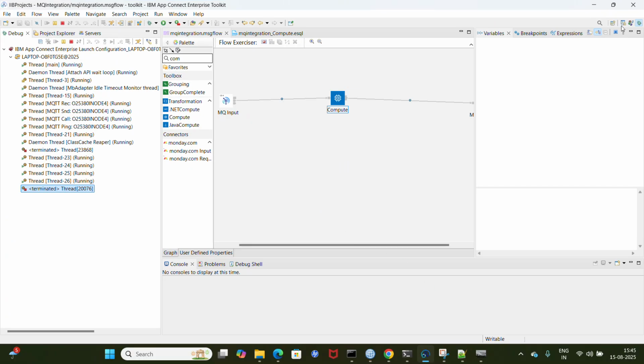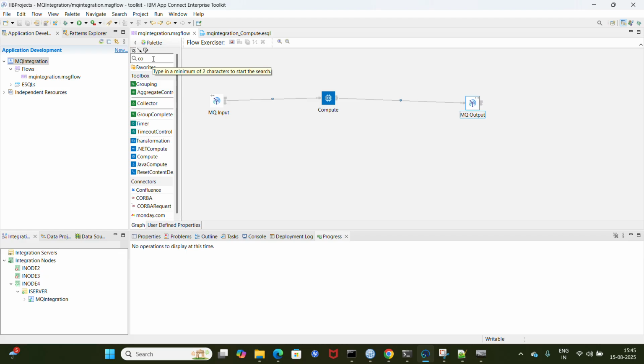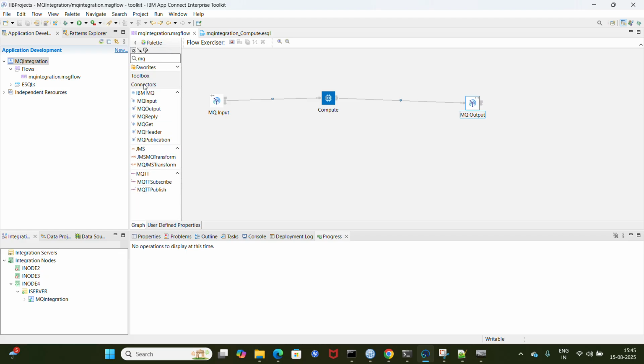I'm going to tell you about the nodes property. So, till now, I am working with only the MQ protocol, that is MQ input and MQ output, and there are multiple nodes for the MQ protocol. So, I am going to discuss all those things. For example, MQ reply is there, MQ get is there, MQ header, okay, and MQ publication, right? So, these are the MQ nodes. We will talk about the MQ input node, MQ output node, MQ reply, MQ get, MQ header, publication, and